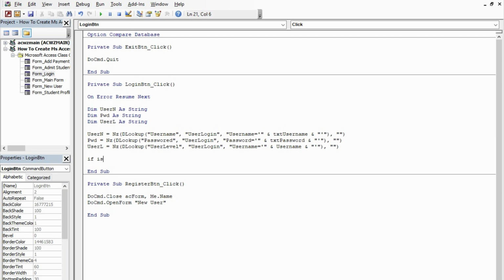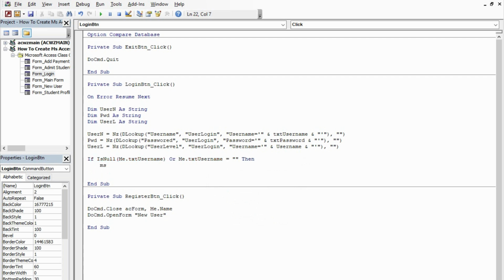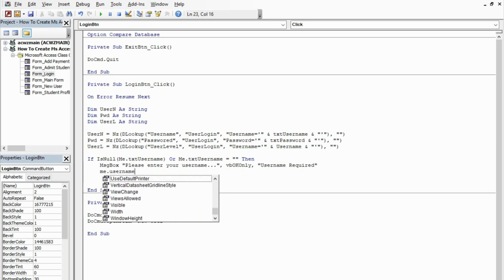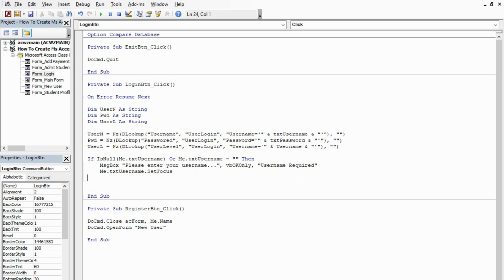So if IsNull(Me.txtUsername) or Me.txtUsername is equal to an empty string, then MsgBox "Please enter your username", with the OK only button, and the title "Username required". Then Me.txtUsername.SetFocus. Then else,